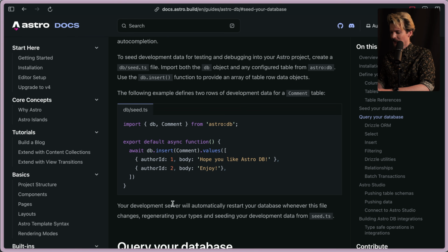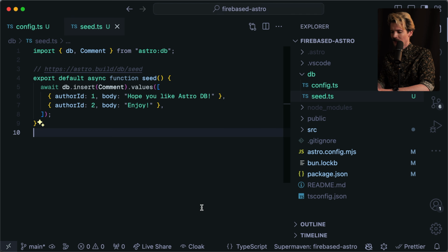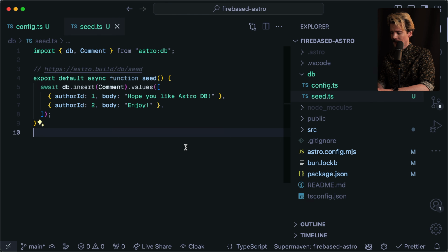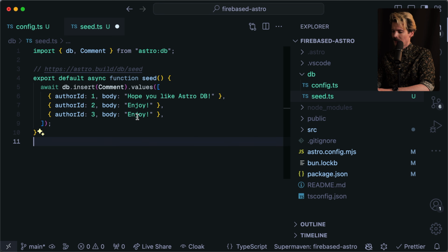There we go. The dev server will automatically restart your database whenever this file changes, regenerate your types, and seed the data from seed. Oh, cool. So just doing that, new local database created. And if I save this file again, will it happen again? If I add a third, and we'll make the text here,